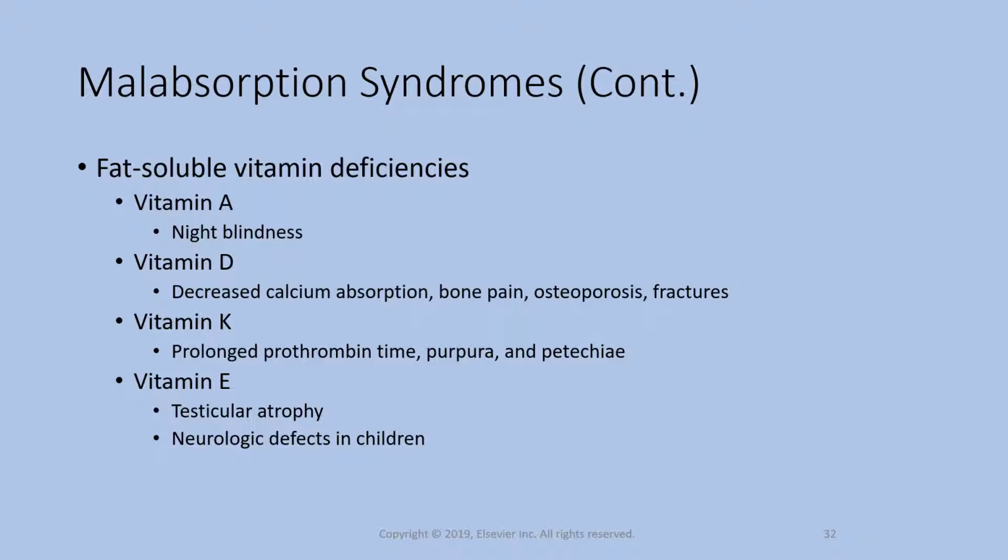Malabsorption also continues with fat absorption: vitamin A, night blindness; vitamin D, calcium absorption; vitamin K, prolonged bleeding, along with testicular atrophy and neurogenic